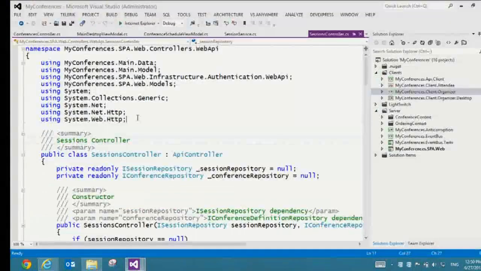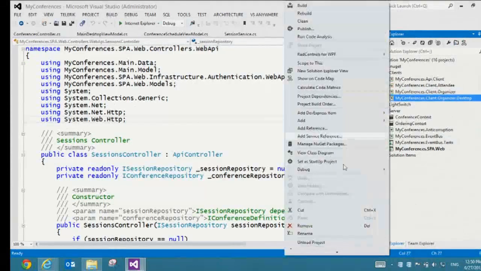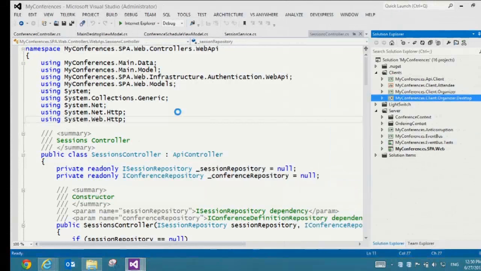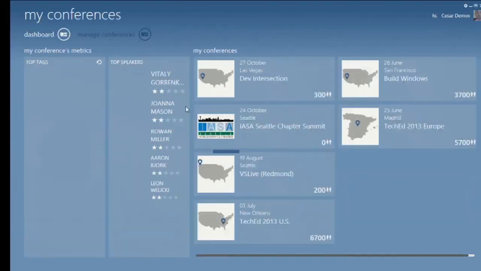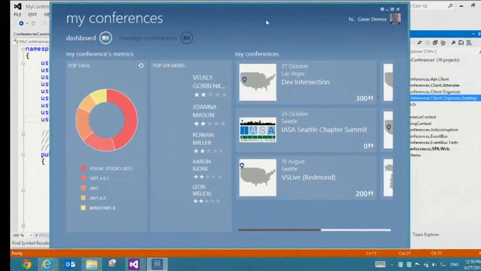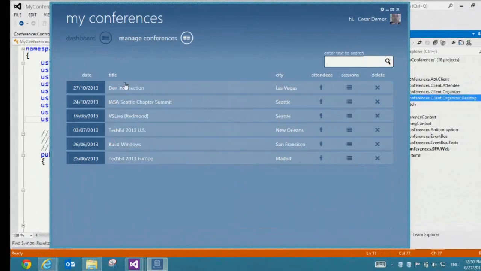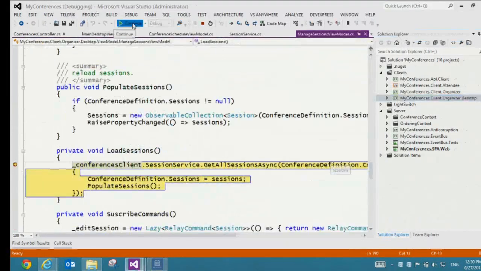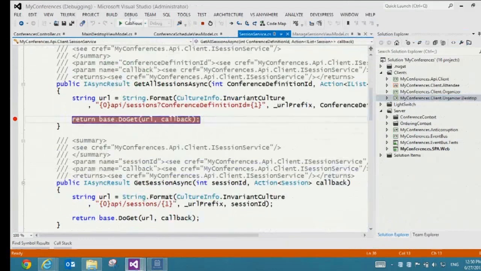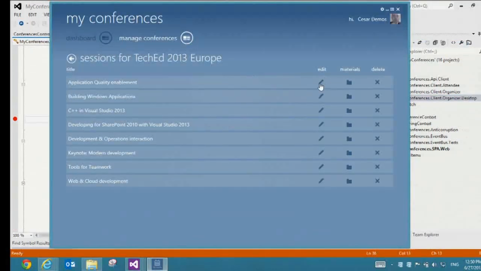So let's run it first in our global example. So this is the WPF application. I'm going to run it so you know what I mean. Right, this is a WPF application. And if I go to Manage Conferences, I can select any conference. This is calling to our web service and so on. And then if I edit any session here,